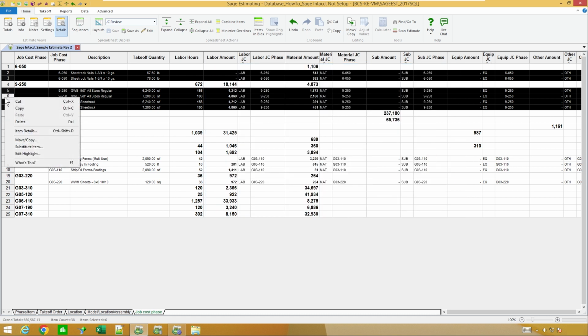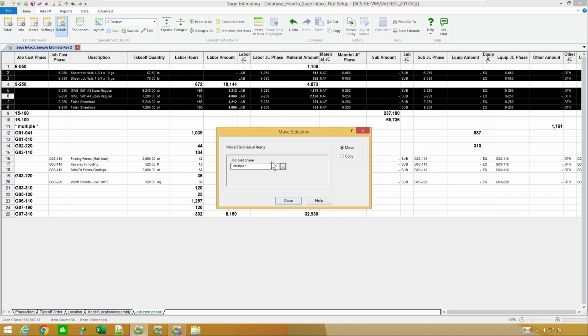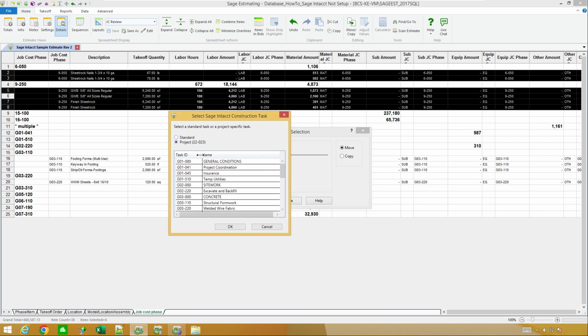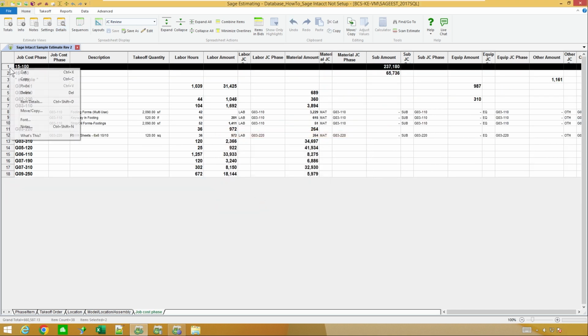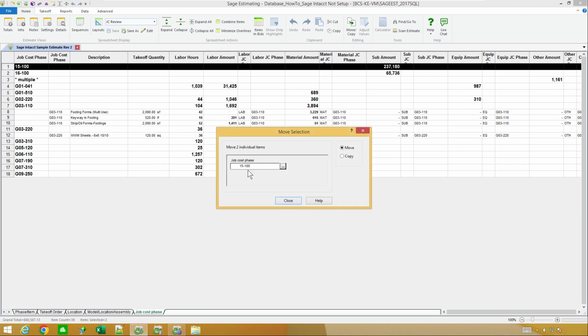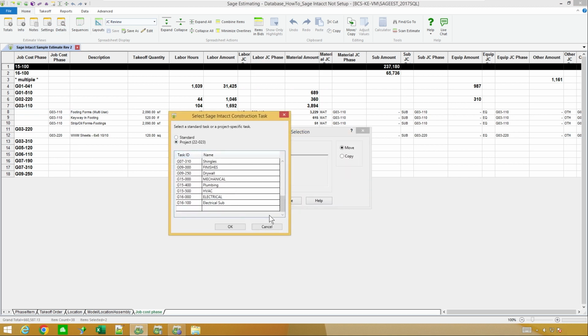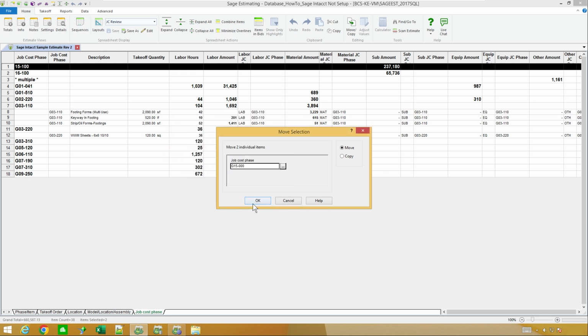And let's go back to move again. I don't remember if that's plumbing or mechanical or both.